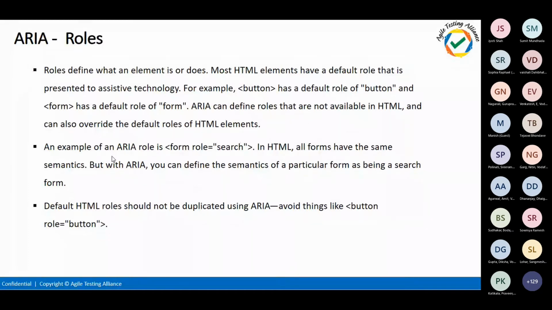And when you are trying to click a button, the HTML roles should not be duplicated in the ARIA roles, to avoid it being read out multiple times. So whatever functionality you are trying to do on the form or on any other activity needs to be defined there.